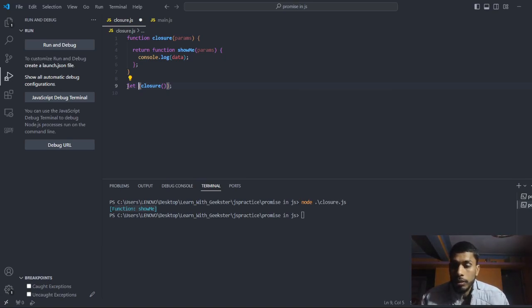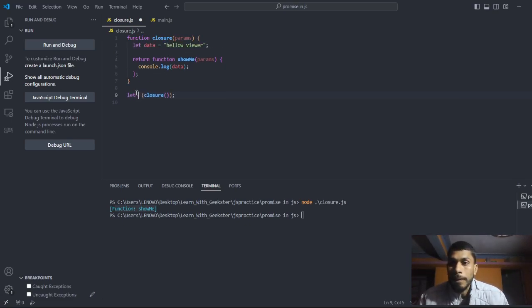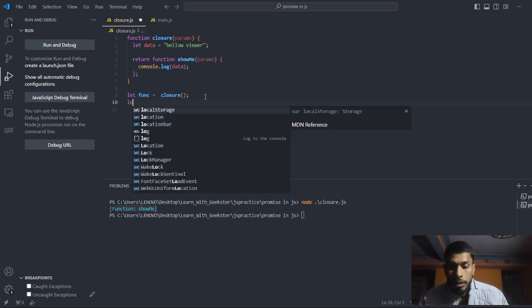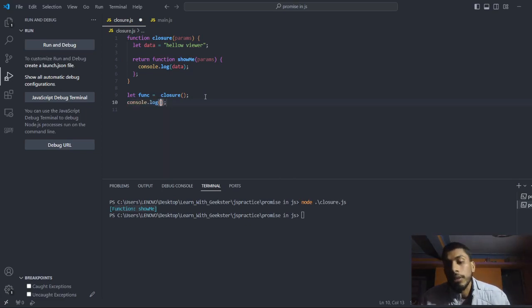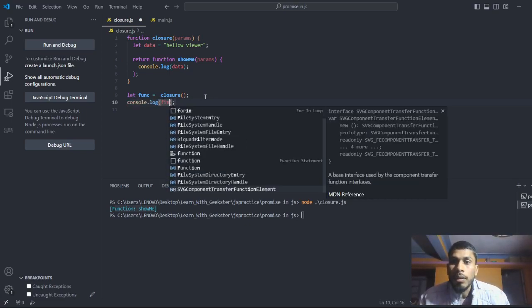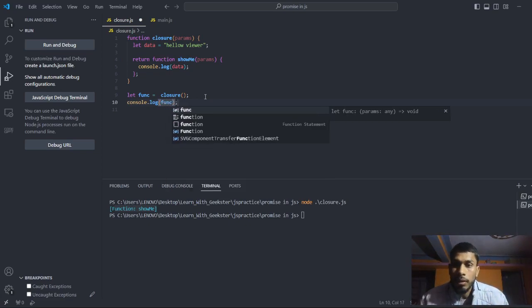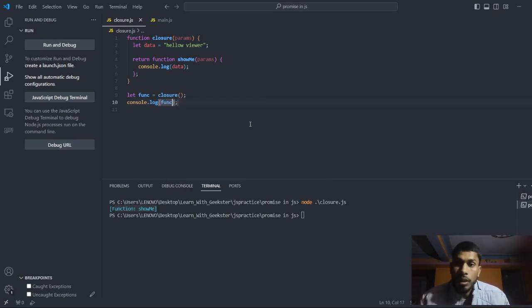So I can say let fun equal to this thing, right? And after that I want to log this fun thing, and now what output will be shown, you can guess.